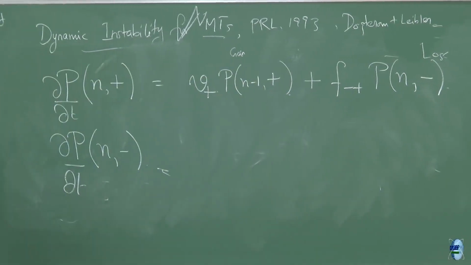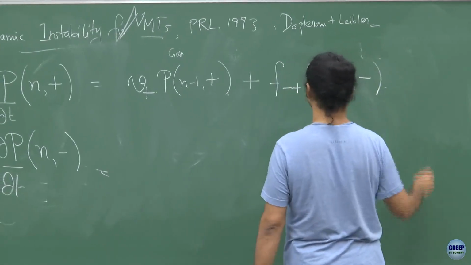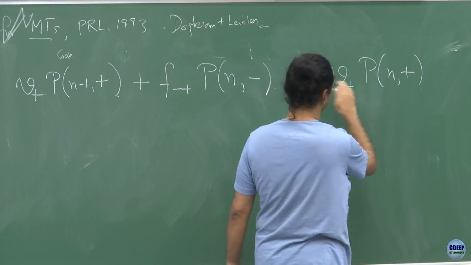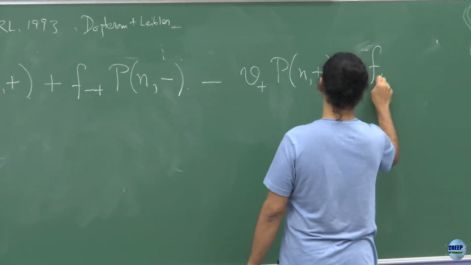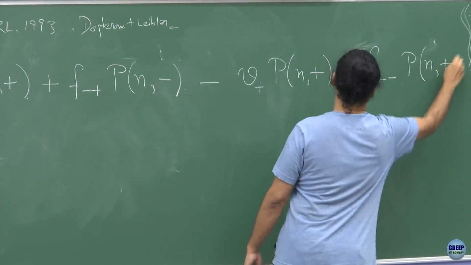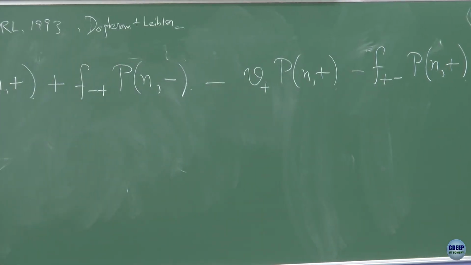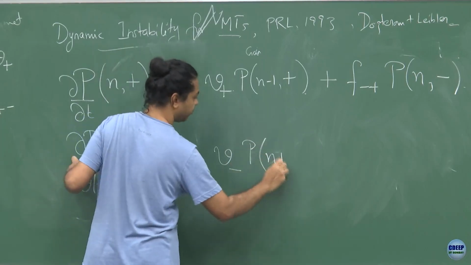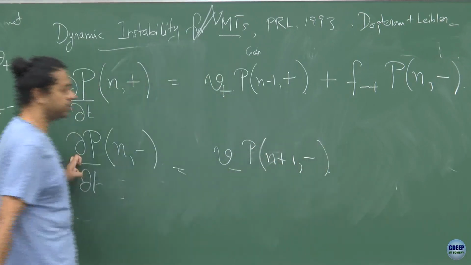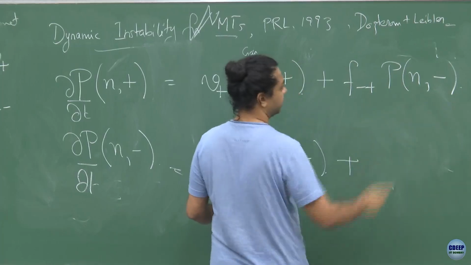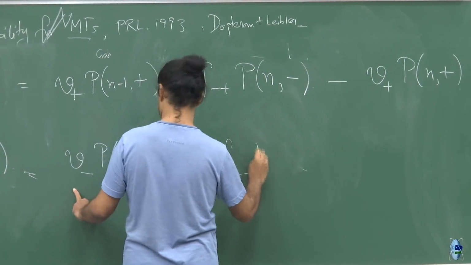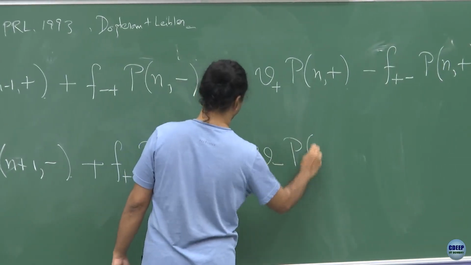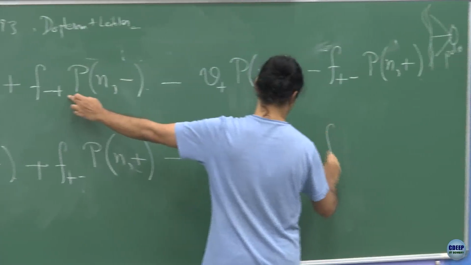Okay. And so these are your two gain terms, and then you will have the loss term. The loss term is that you were here P n plus, and you have grown. So, you have come out of this state, and similarly you were in this growing state, but you now undergo a catastrophe to switch to the shrinking phase. So, you have that. All right. And similarly, the gain term over here is a V minus P of n plus 1 because it's the shrinking phase. So, P of n plus 1 comma minus plus that term F plus minus P n plus minus V minus P n minus plus F minus 2